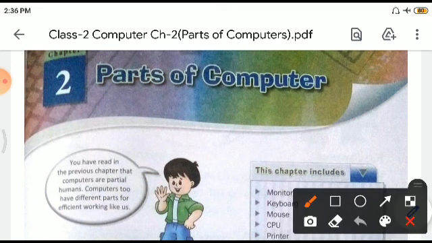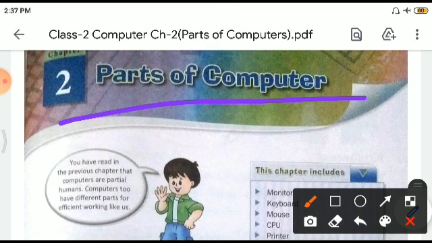And today we will be studying the chapter parts of computer. Right? Computer is not a single object, but it comprises many other objects also, which we have seen. If you have a computer in your houses, you would have seen that many things are attached to it, in the computer labs in your school. You can find lots of things around it. So let us study what these things actually are.